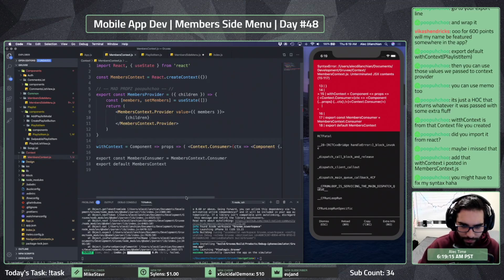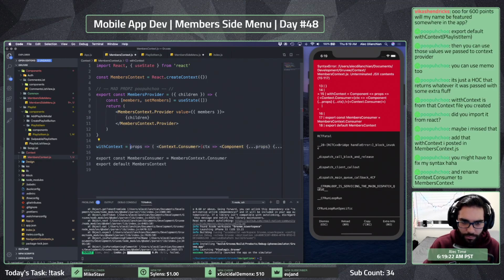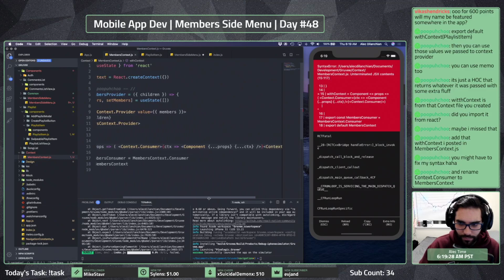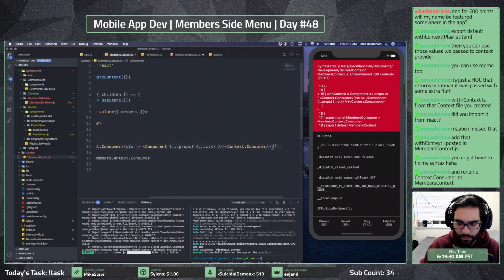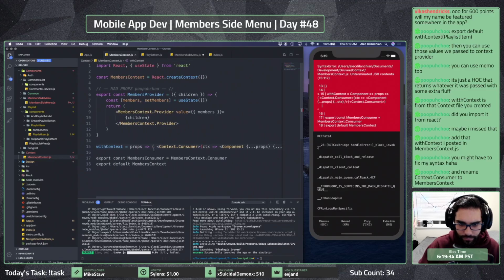Yeah. No, I was just looking at it right now. What should be this, right? With context. Probably think there was an extra param around here somewhere.